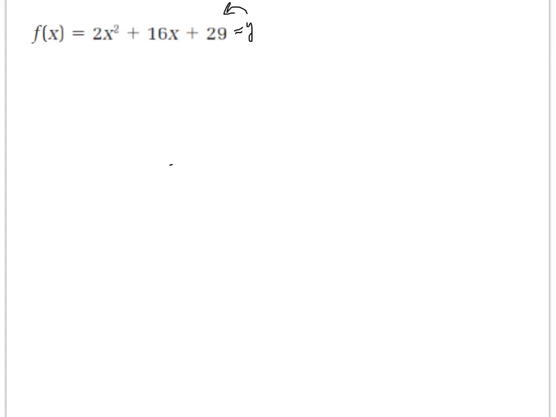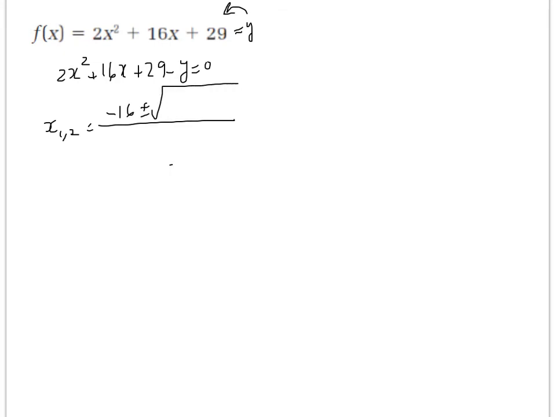I'm going to move y to the left, so I get 2x squared plus 16x plus 29 minus y is equal to 0. Now, to use the quadratic formula, I know that the 2 roots x1 and x2 is minus b, which is minus 16, plus or minus the square root of b squared, which is 16 squared, minus 4ac, minus 4 times 2 times 29 minus y,